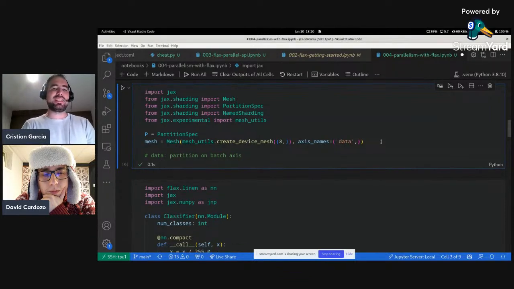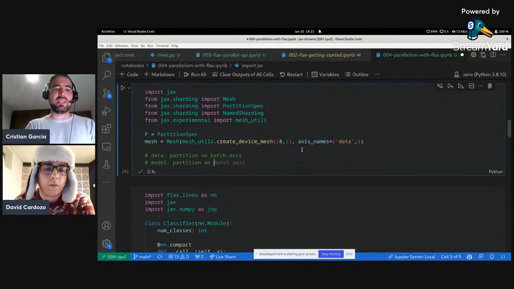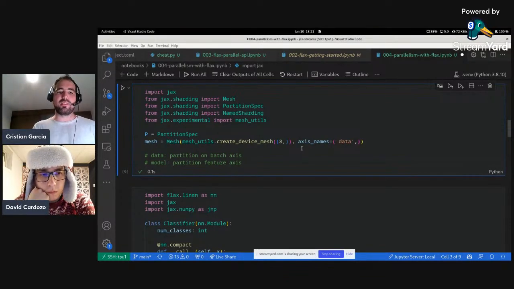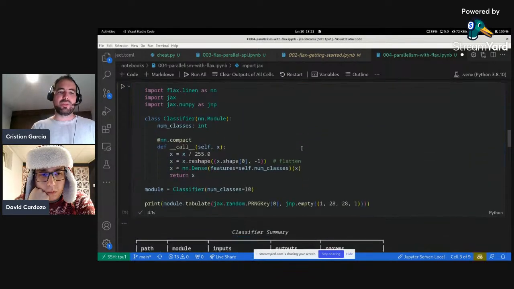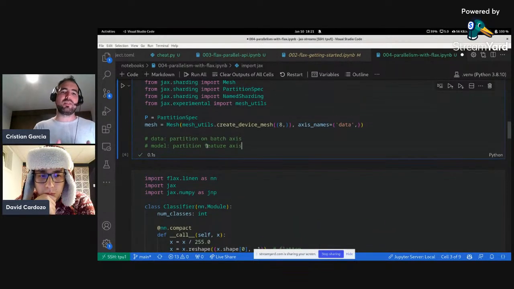Let's start with that, because that is easy and works. And later we will partition on the features axis, so basically the kernel of the, well, we only have a single linear layer. We will partition